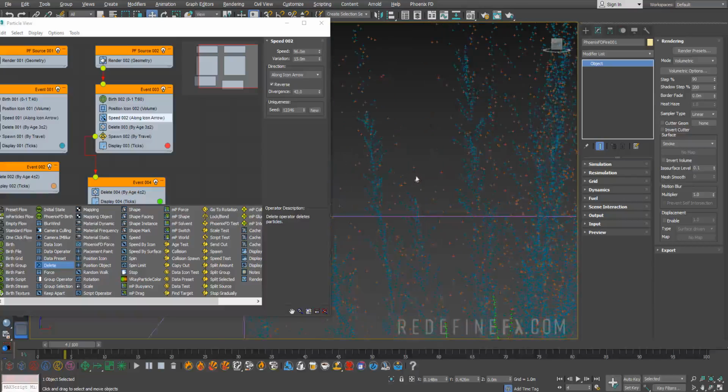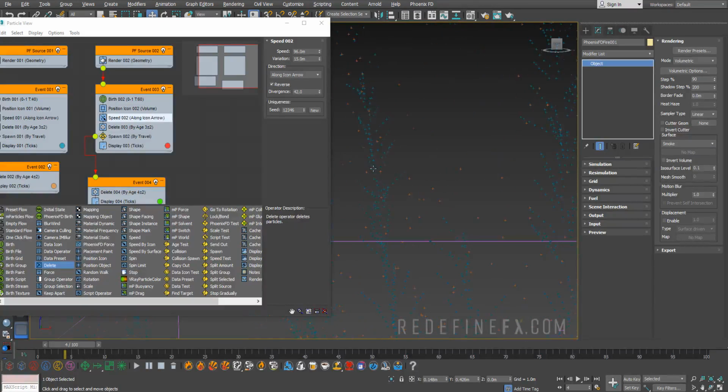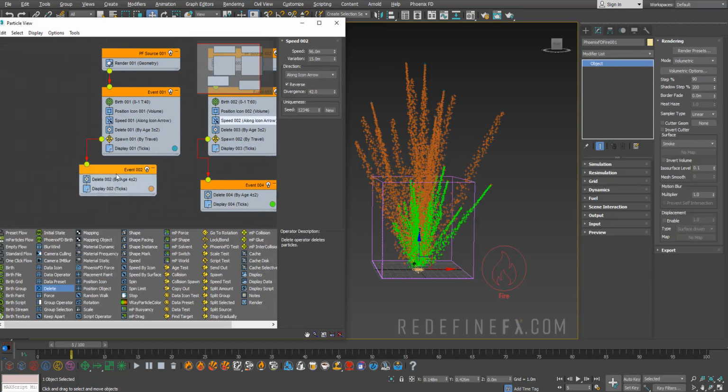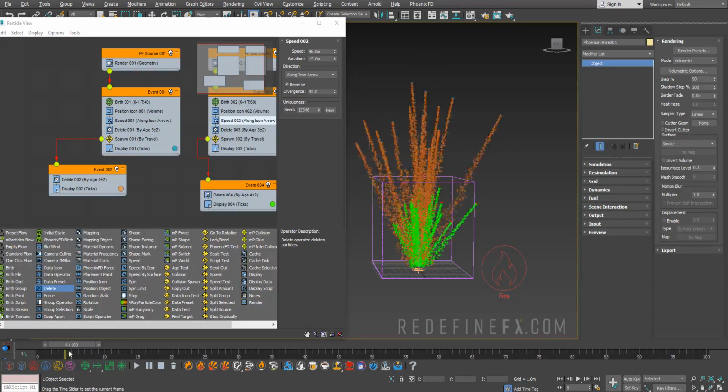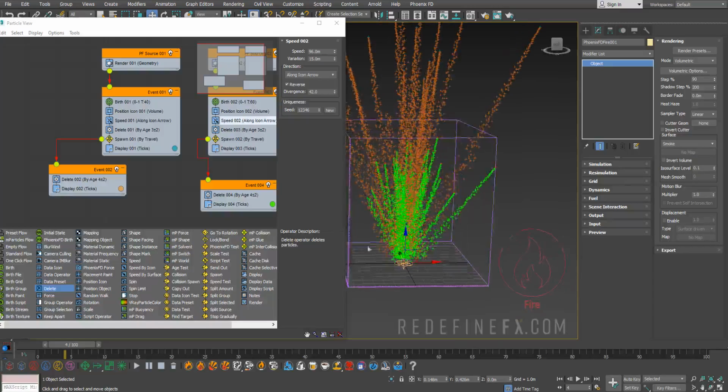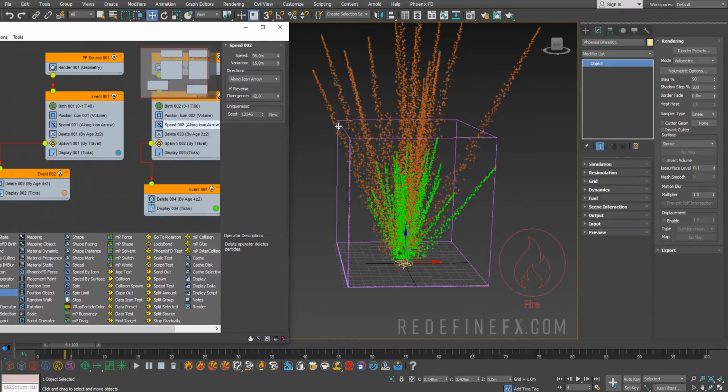And it looks like we're still running into that Christmas tree issue, but I'm just gonna ignore that. It's probably just gonna update in a bit again. Alright, so I just found out that it was because for some reason the delete operator here got disconnected. So I just connected it again and that Christmas tree issue is gone. So let's just say that these green particles are gonna be our fuel, and I'm happy with how it looks